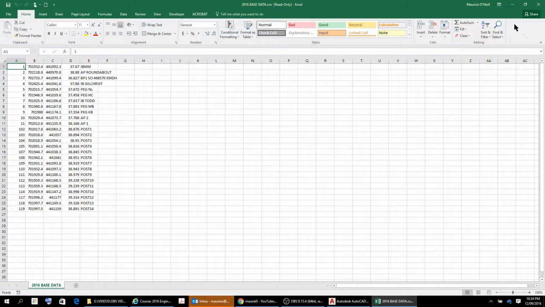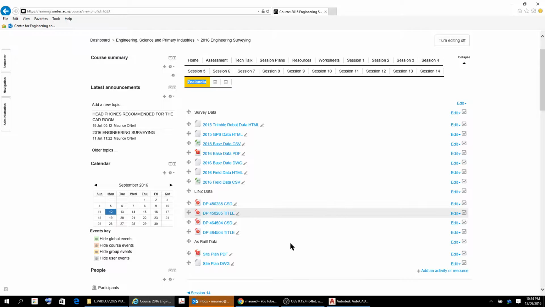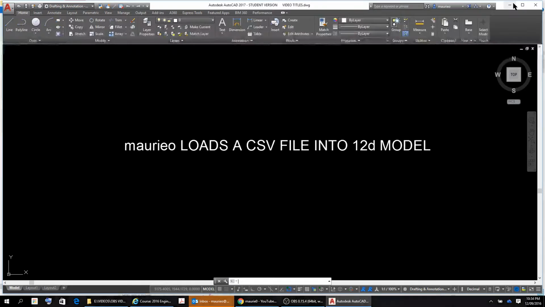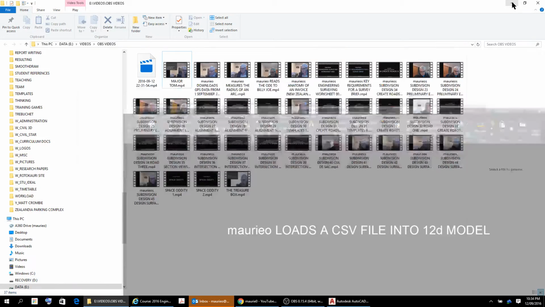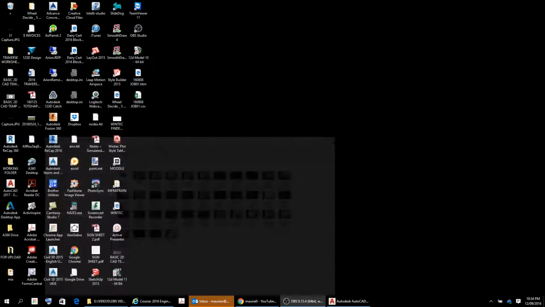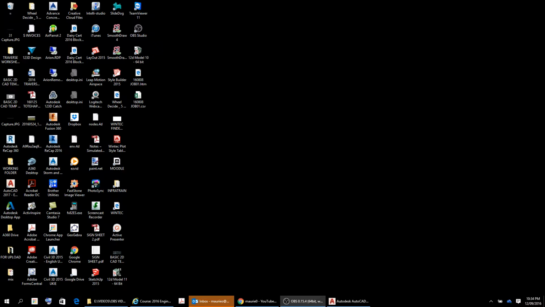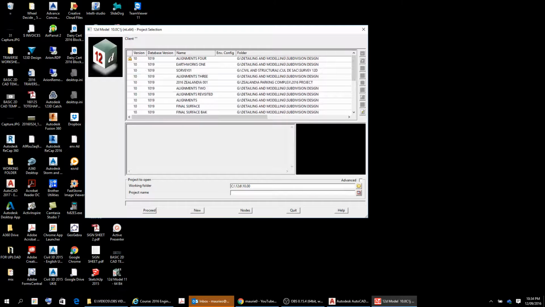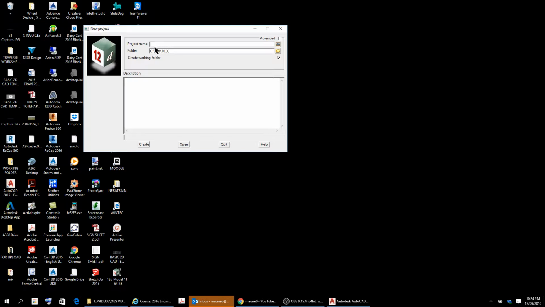I've already done that, so I'm just going to close that down now, and go to 12D and open 12D, create a new project and load the data into it. So here's 12D model, and I'm going to open a new 12D model. I'll call it 2016 Zealandia,